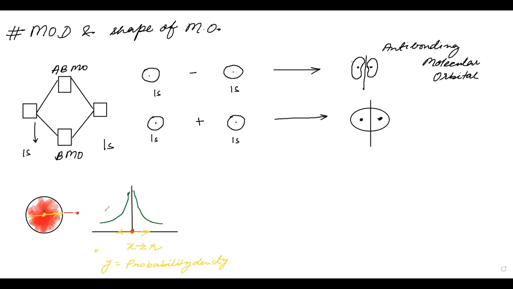Now we have made a wave for it, just a small bit of wave for the 1s orbital. Now you tell me, this is our origin, correct? The y-axis is positive, so I can write both of them in the plus phase, correct? Okay, fine. Now what we have to do, this is the 1s orbital, this is for this particular one, this one, this is for this one. Okay, what we have made for this one.